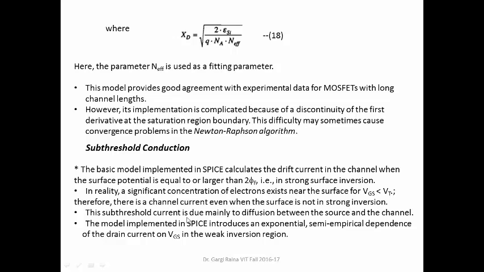So this subthreshold current is mainly due to the diffusion between the source and the channel. The model implemented in SPICE introduces an exponential semi-empirical dependence of the drain current on VGS in the weak inversion region. So this is given here. The voltage Von is defined as the boundary between the regions of weak and strong inversion. This is the exponential dependence which is included,